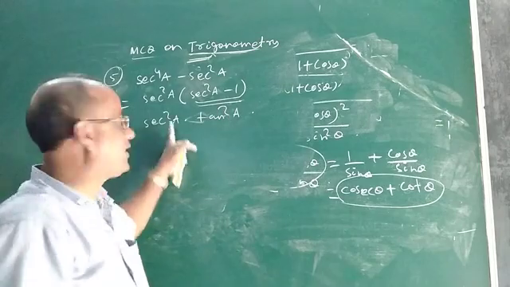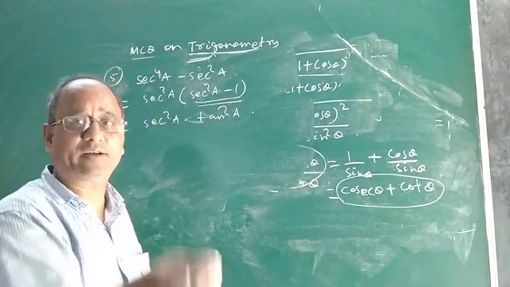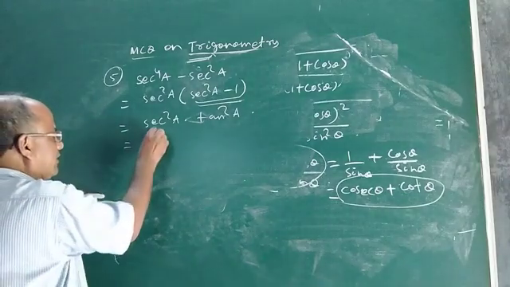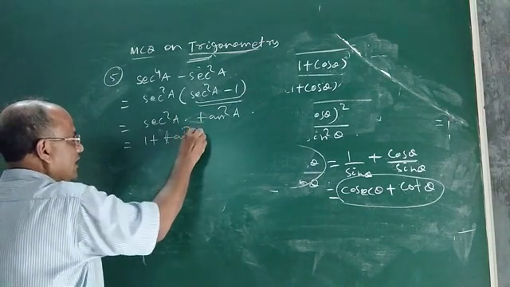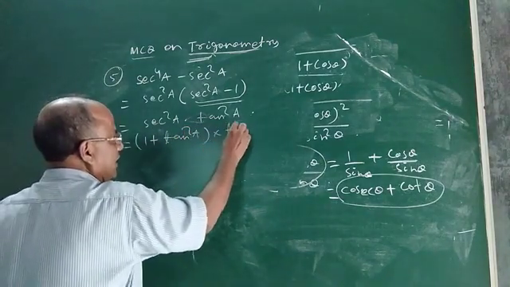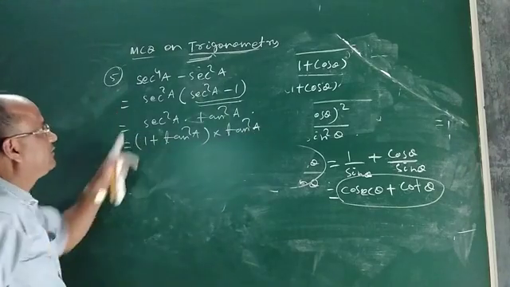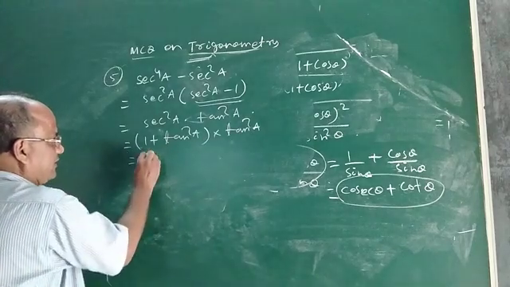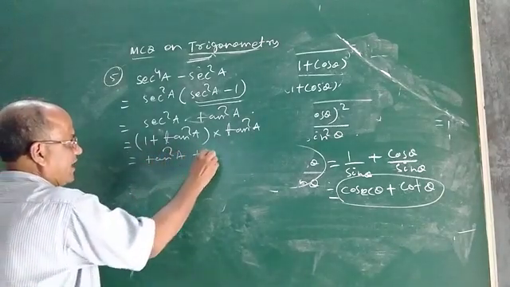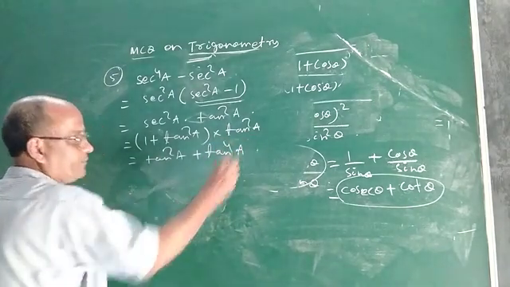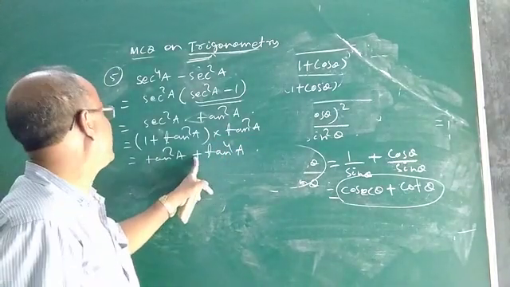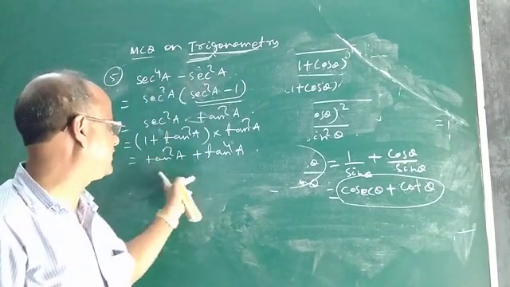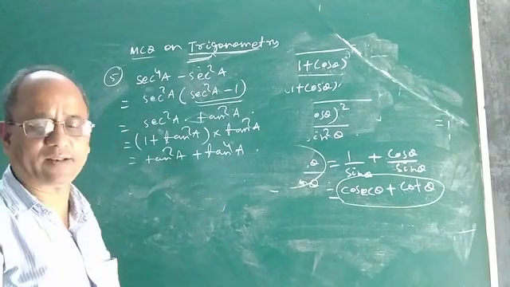As we want to express this trigonometric expression only in terms of tan, let us break this one. Sec square a is your 1 plus tan square a into tan square a. Now sec has been expressed in terms of tan, so you multiply. It will be tan square a plus tan 4a. So this will be the correct option. If you express sec 4a minus sec square a in terms of tan a, the answer will be equal to tan 4a plus tan square a.